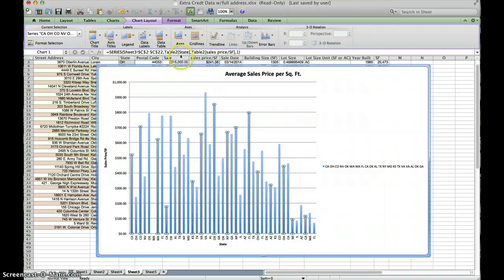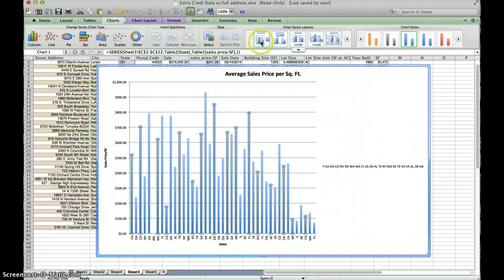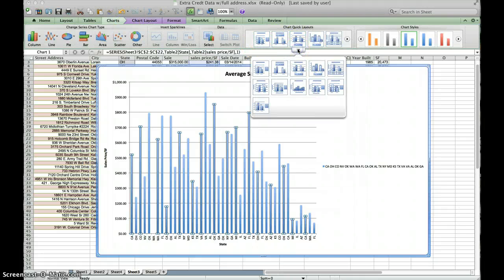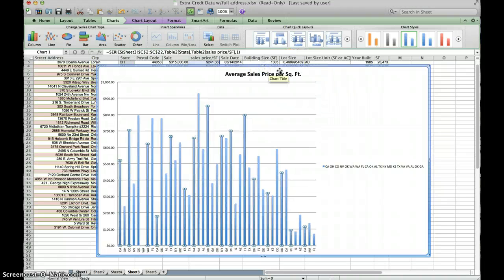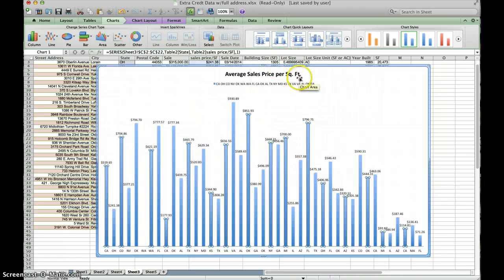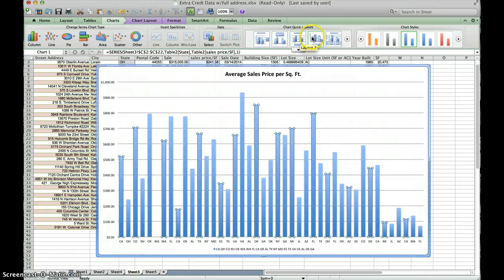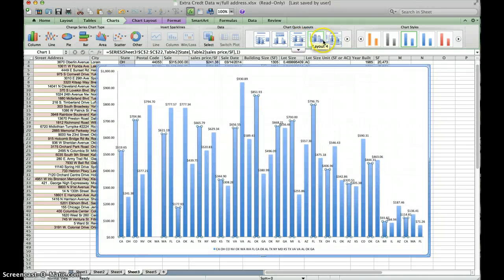Actually, I kind of want to change the way that these bars look. So go to format, no, chart layout. Here we are, chart quick layouts. So we can choose from the preset chart styles, as you can see here. And I kind of like it here with the numbers showing so that we get a clear picture of what the average